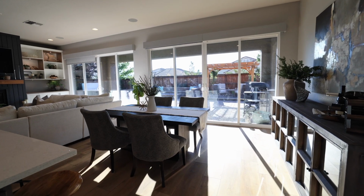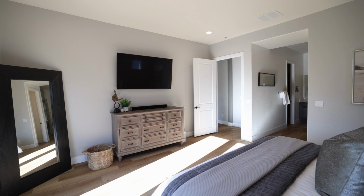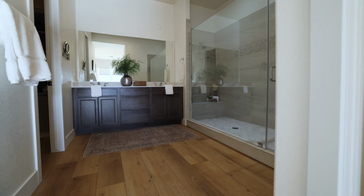Number 3, wall-to-wall sliding glass doors with remote-controlled Hunter Douglas blinds, plus an indoor-outdoor surround system bringing an elevated and